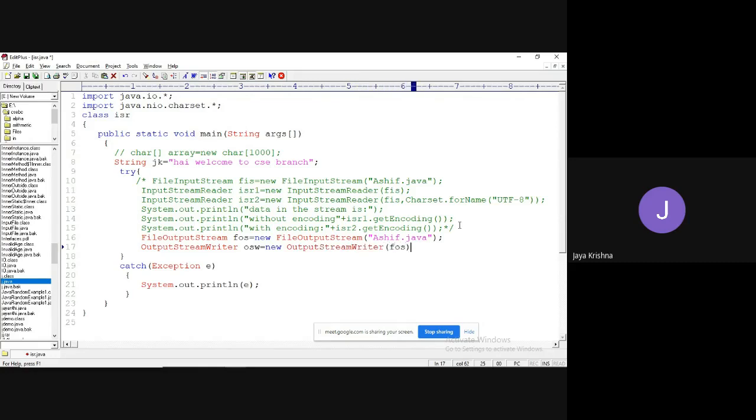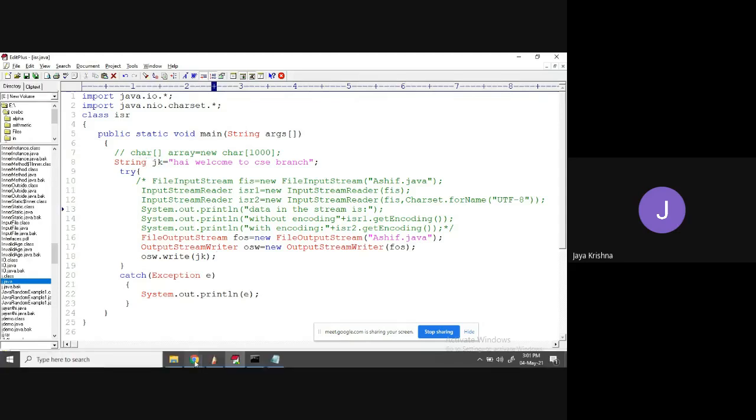Which object do I need to pass? The fy object, because I am going to write into that file. Which file do I need to override? The archive.java file. Now I can write through the output stream writer object YSW dot write method. I need to pass the string which is present in the string I took.